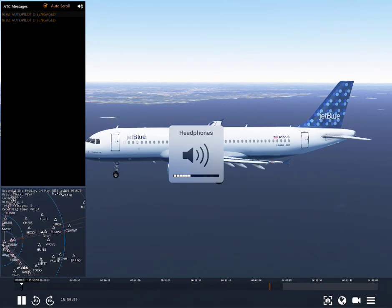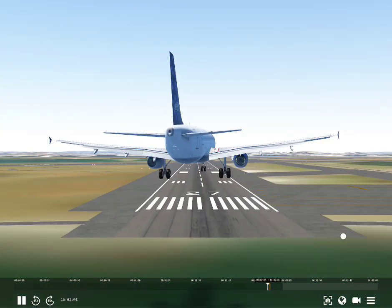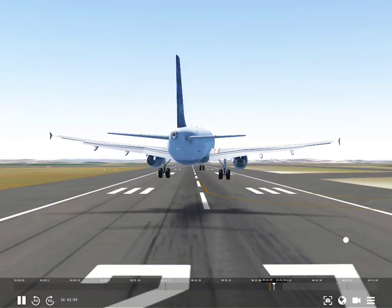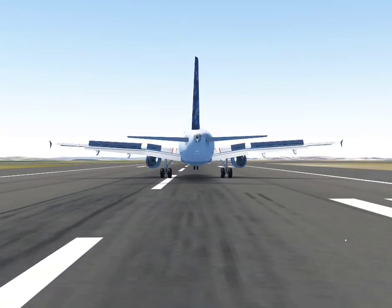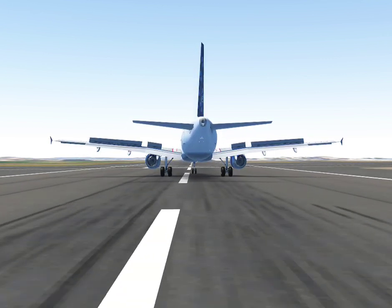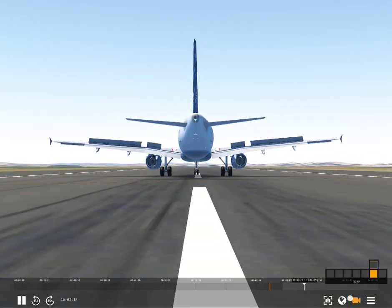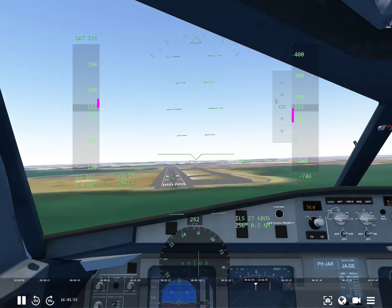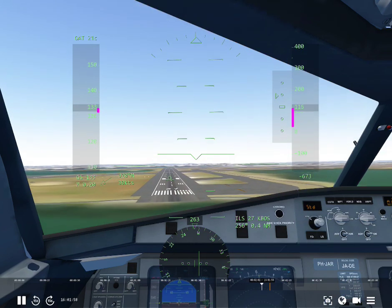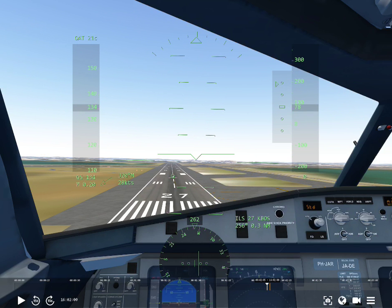Might have been a little bit long on that. Kicking out, kicking out, kicking out. Right? And that's okay. You can touch down there and then go for that center, so long as you roll for that center line. So let's watch the flight path vector here. Right? See? Right about there. That's where you want your flight path vector to be,